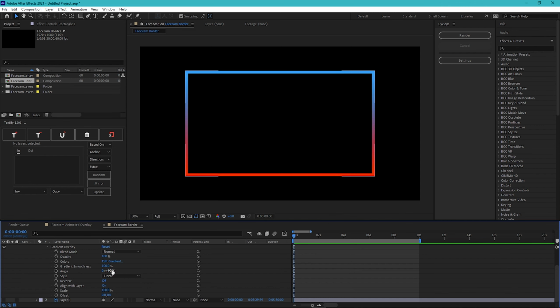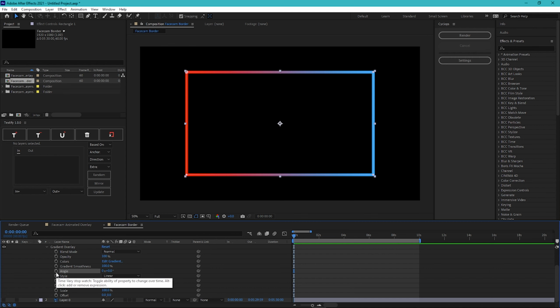So what you're going to want to do is put the number on the right to 0. And what this is going to do is even out the gradient on the left and right side of the face cam. How these numbers differ is the one on the right is more fine-tuned, so it gives you a little bit more specific movement, and then this is how many times that said movement is done. So we're just going to go ahead and keep it easy and mark it simple.